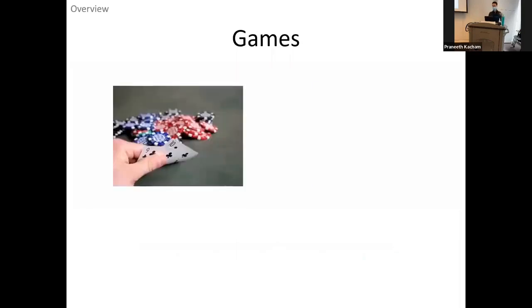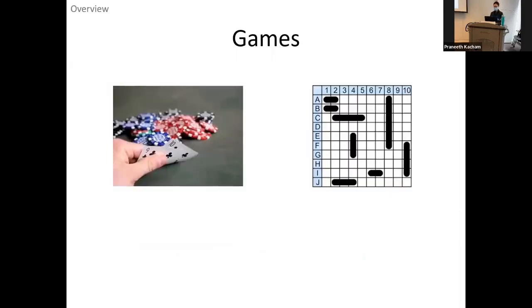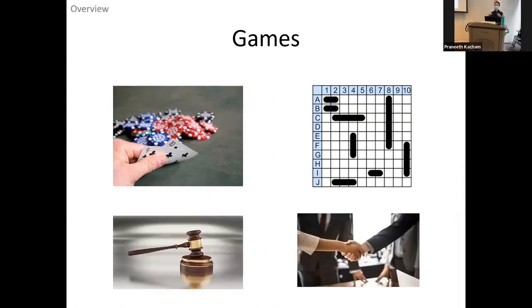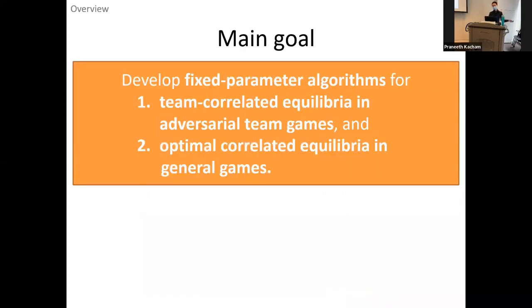When we use the word game, a lot of people think about recreational games, things like poker, things like Battleship or something like this. But games also represent real world scenarios. Any scenario in which more than one player is interacting and the agents might have different incentives, different information, and so on and so forth, is a game. So for example, you might think of auctions or negotiations between parties with their own interests. These are all games. Okay, now, what are fixed parameter algorithms?